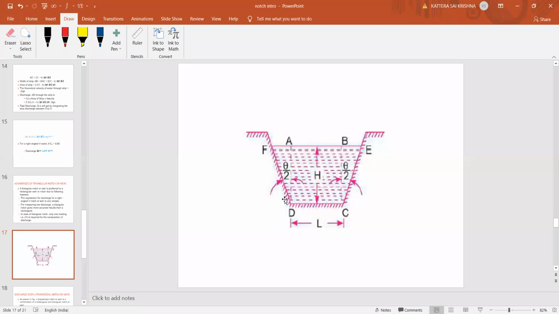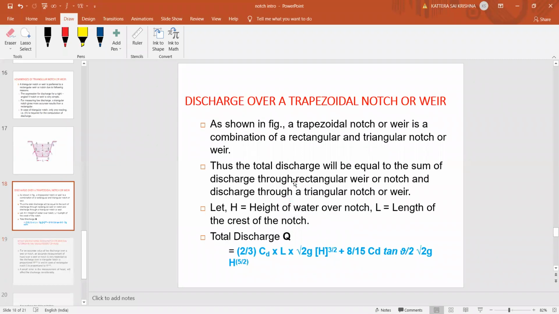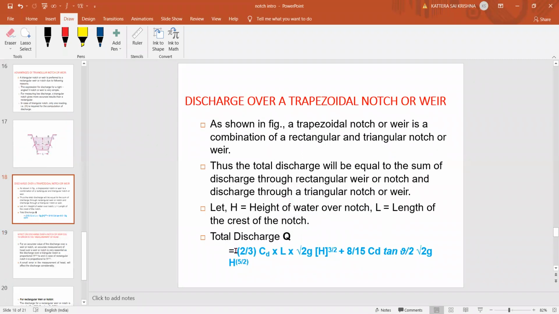And if you see here, this is the trapezoidal notch. The shape of the groove will be trapezoidal like this. Same thing here, we find the discharge. This is the equation for finding the discharge for a trapezoidal notch. See, the equation is very big. So calculation is very easy only for the triangular notch, because all these notches give the same thing, that is the discharge. What will be easy for us is the triangular notch. If you use a triangular notch, we can calculate the discharge very easily.